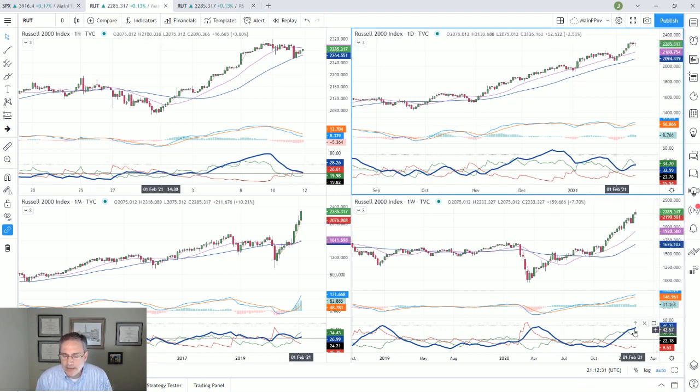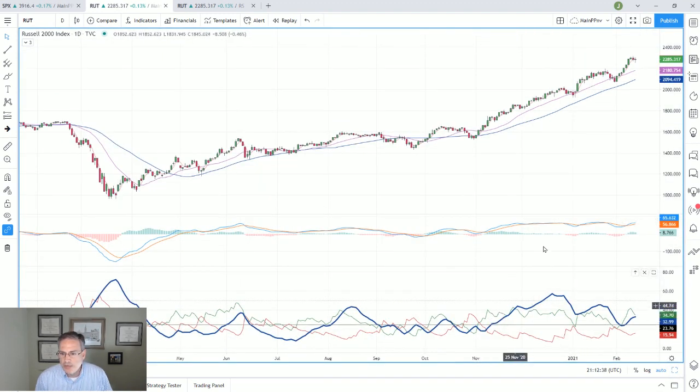The ADX line is up around 46. If you notice, and I want to take a quicker look at this, the Russell has had some pullbacks, but the ADX has held 25 throughout these little dips. And also you don't have the same kind of choppy action. You've had a couple of orderly pullbacks, but not the same kind of choppy action that you've had in the S&P and the QQQ. And it's the reason why this has really been the area where you've wanted to focus your efforts.